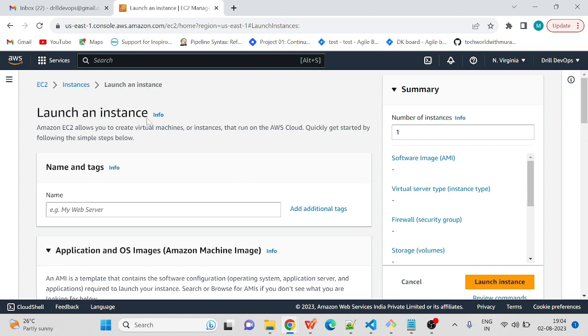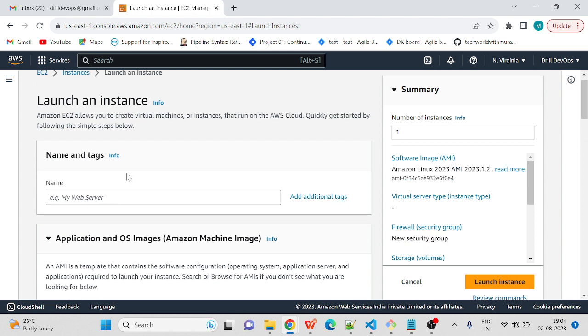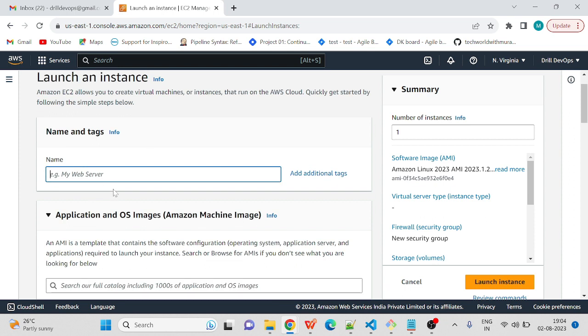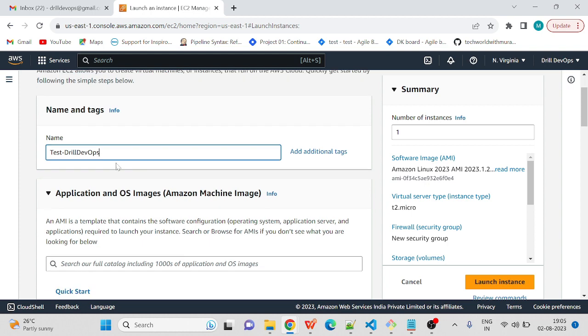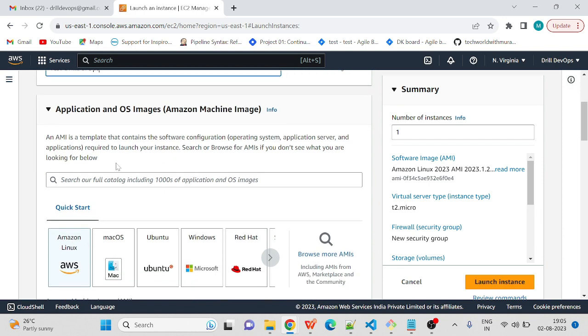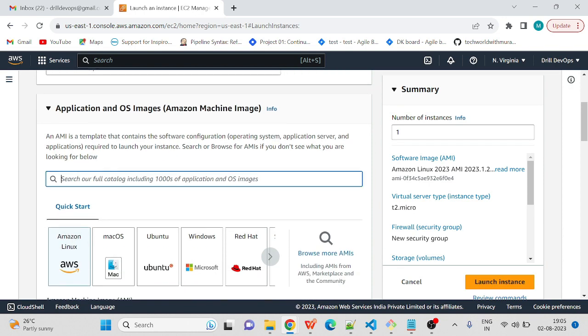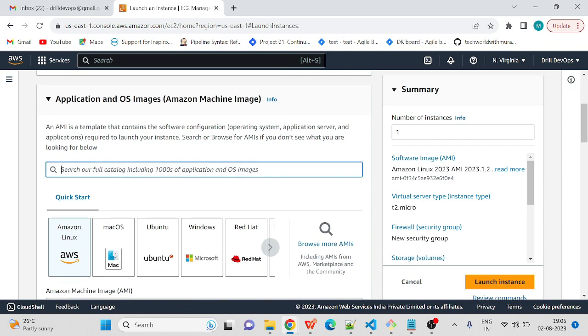After hitting the launch instance button, we are going to get a series of inputs that we have to pass to our machine, which is the name of our machine. We will give test drill DevOps. After giving a name to our machine, we have to select the Amazon machine image, or OS image. So in this course, we are targeting Red Hat Linux. So we are going to select the Red Hat flavor,